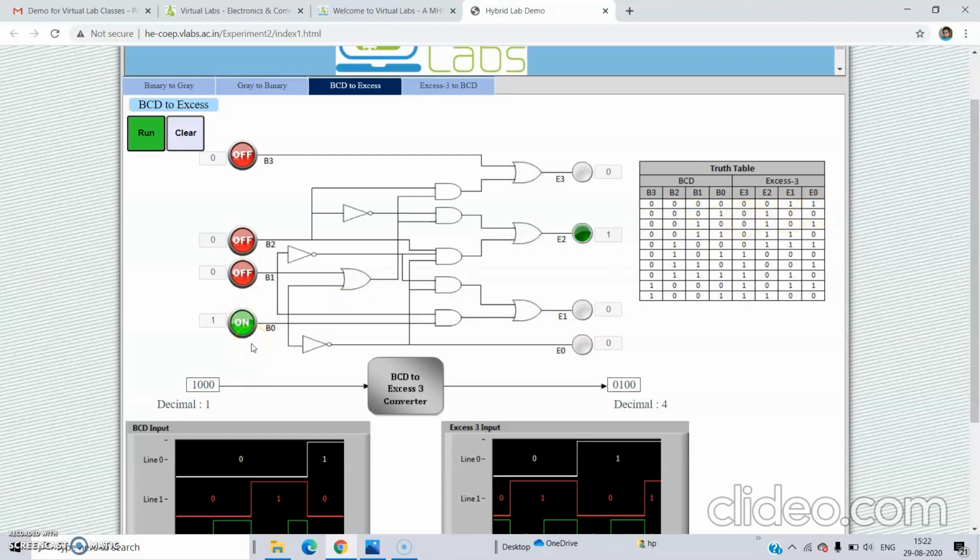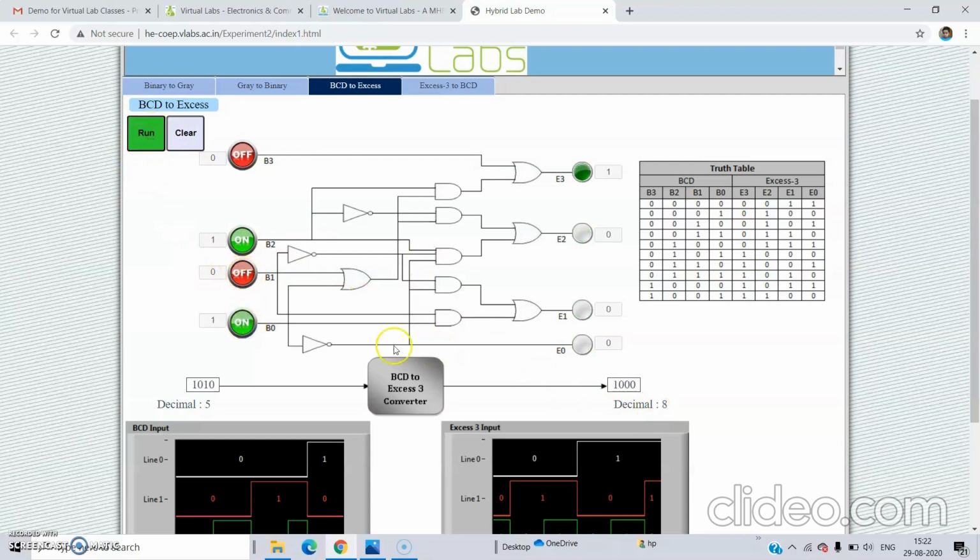You have to use all the combinations, but there are no 16 combinations in BCD. We only have from 0 to 9. From 0 and 1 we have checked. Now we can move to 2. When it is 2, we are getting 5. When it is 3, we are getting 6. When it is 4, we are getting 7.